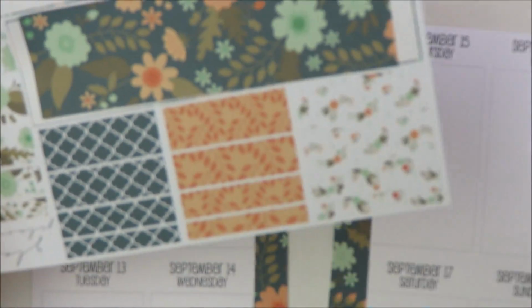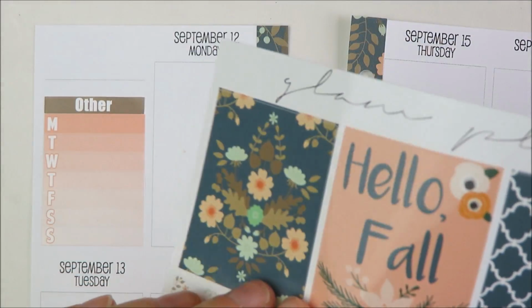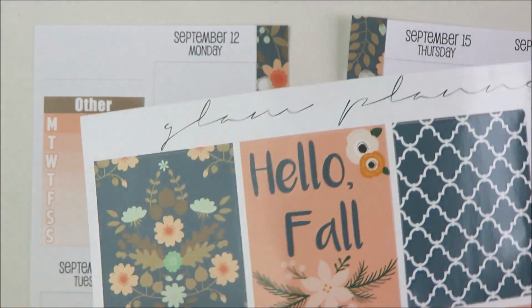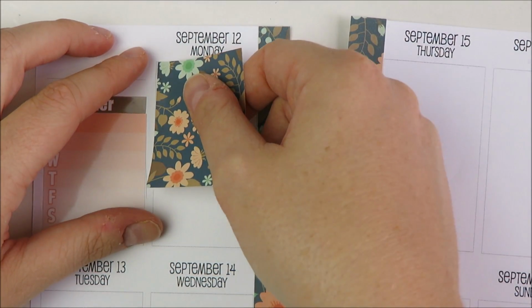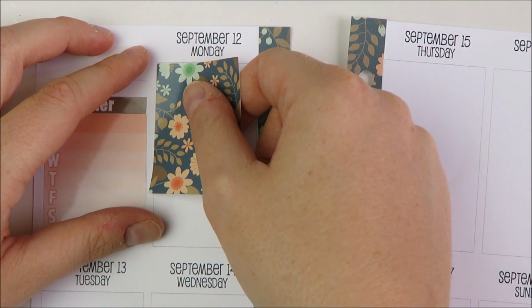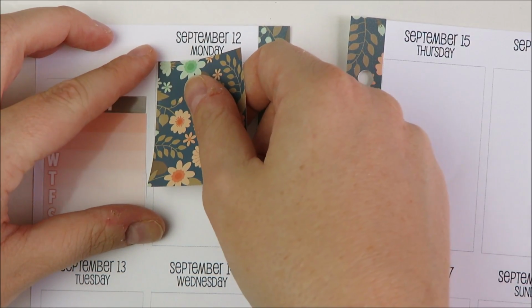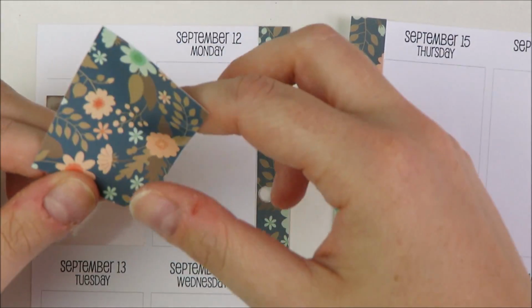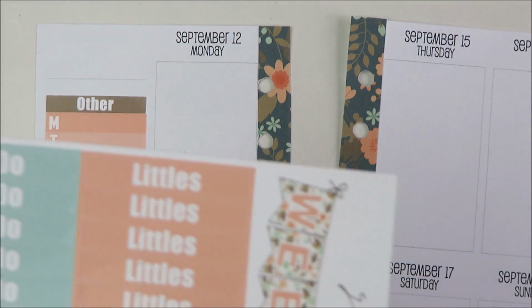Okay, and so I am going to do a no white space look this week since I do have all of this washi in these full boxes. Sometimes I don't love using a kit like this, which is a full kit. You probably would have paid like 20 bucks was the original price of her kit, although I think I did get this one on a sale, which is why I got it late. But anyway, it might have been a glitch kit. Anyway, sometimes I don't love using these for that purpose, but